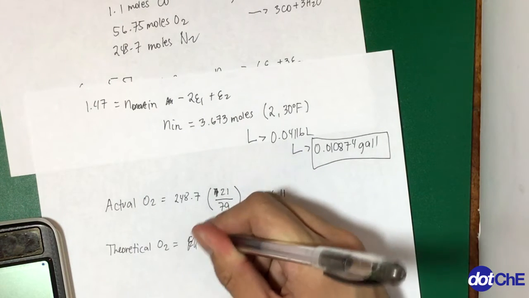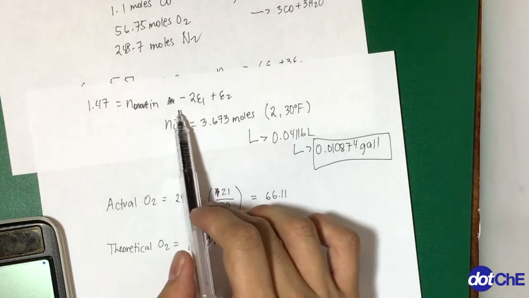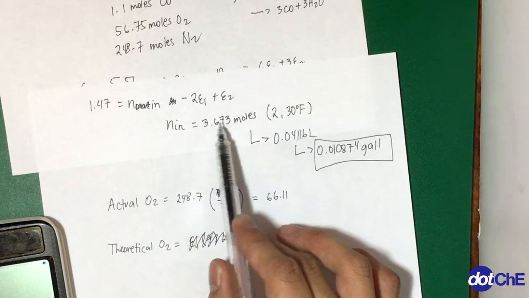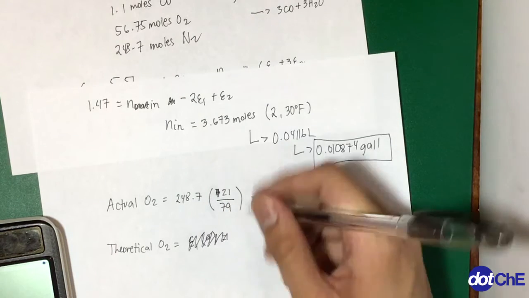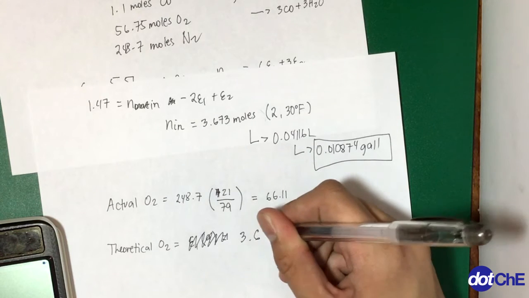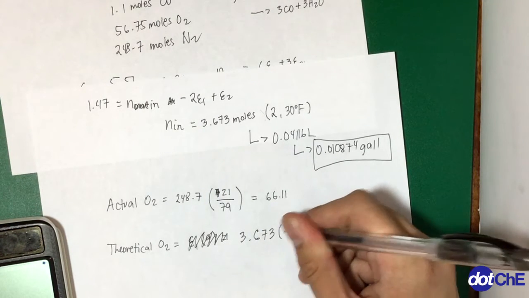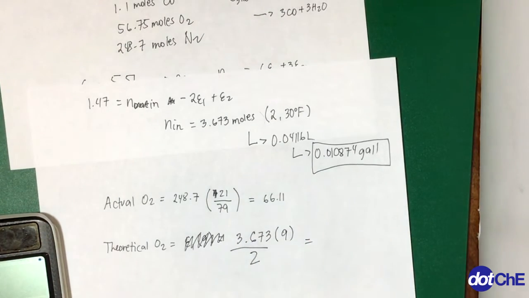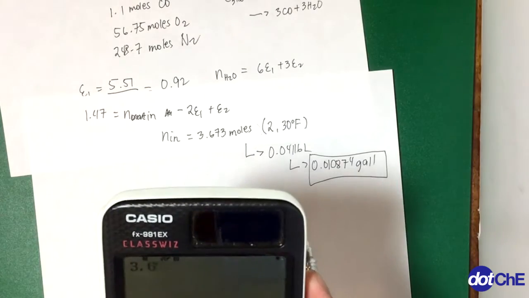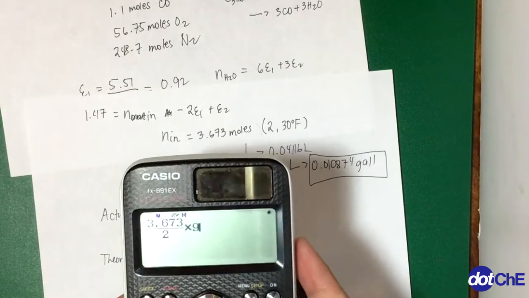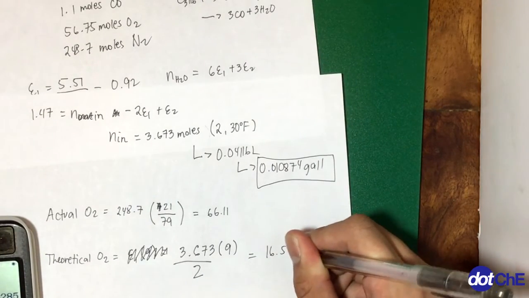So I'm going to use basic stoichiometry in solving for this one. So I'm going to get the moles of propene, 3.673, then we multiply it by 9, then we divide it by 2. This is just using basic stoichiometry, so 3.673 divided by 2, multiplied by 9. We will get 16.5285